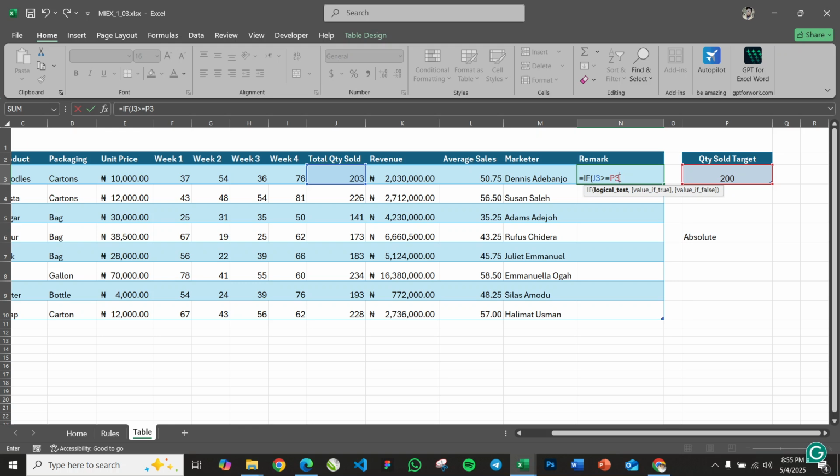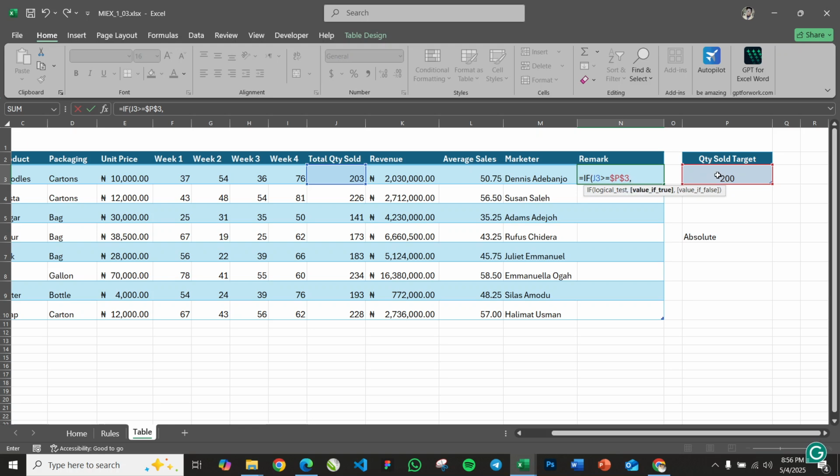There are two ways you can lock your formula. The easier way of doing it is to hit the F4 button on your keyboard to lock it. This is going to add this dollar sign before each of the characters, which means the formula has been locked to this particular cell. Again, the shortcut is F4 on your keyboard. Now I can do it manually by typing the dollar sign, dollar P dollar 3, which is this particular cell right here. So if J3 is greater than or equal to P3, which is locked to this particular cell,